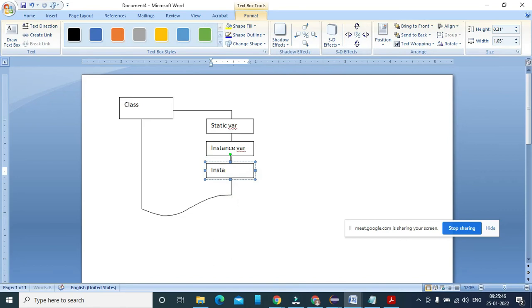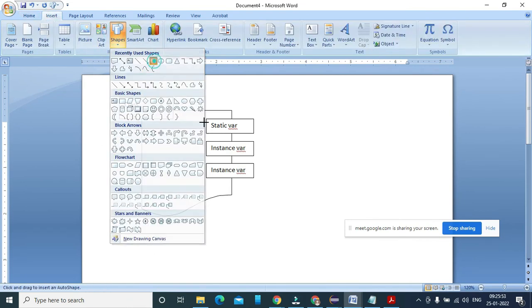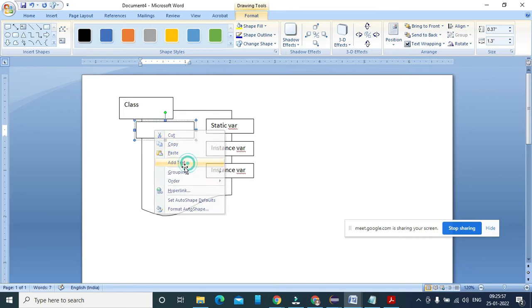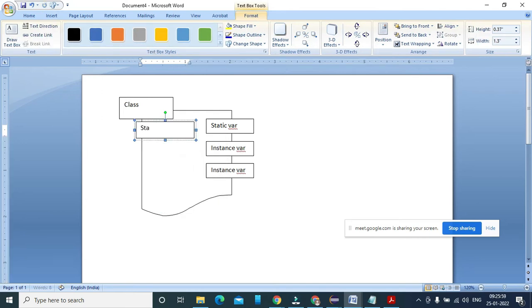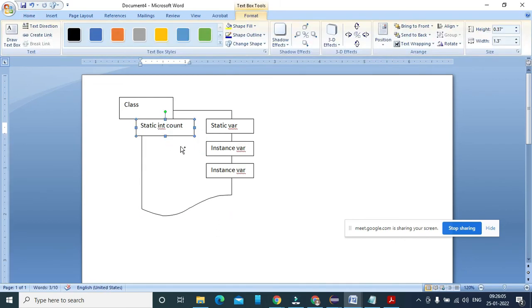So whatever variable you are declaring, for example, I'm declaring this variable as a static int count.